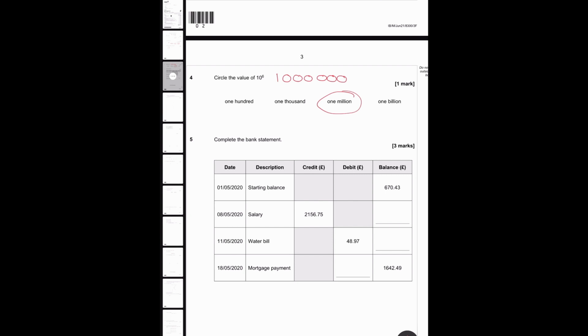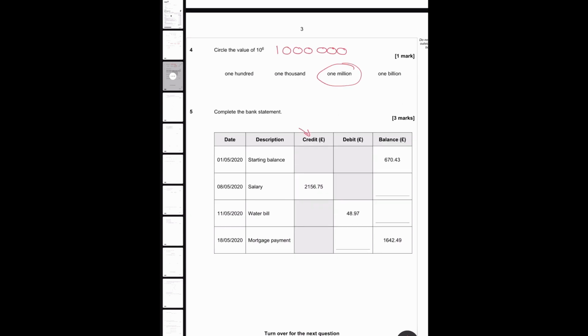Question 5 is showing us a bank statement. It is important to understand what the bank statement means. Credit means we're going up and debit means we are going down. We are starting with £670 and 43 pence. We are getting